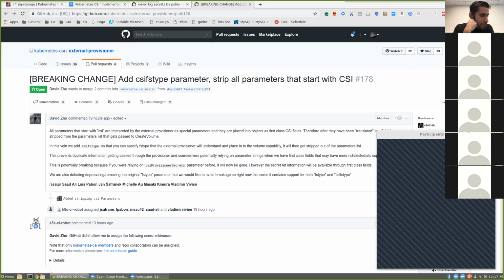Technically, we shouldn't have to, but we don't need to needlessly break drivers. This is the same reason that we ended up adding 0.3 support in 1.13. Technically, yes, we're doing a completely new version, but you can't expect folks to switch over to the new driver or the new version immediately. But arguably, if they are rewriting their driver for 1.0, they're going to have to pick up a new sidecar container and pair it with an existing driver. So they're going to have to make a change anyway.